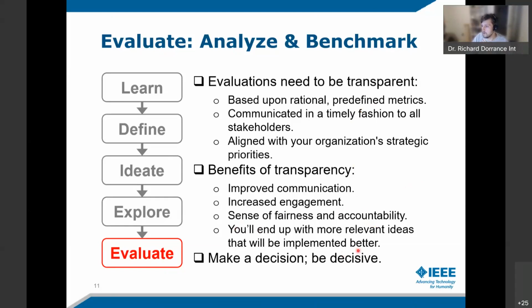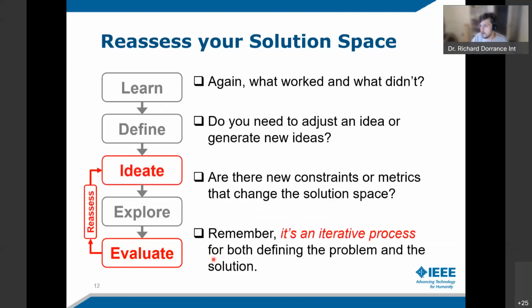And all of these together are going to allow you to end up with much more relevant ideas that will end up being implemented better. And so when you're in this phase, you need to make a decision, and you need to be decisive about it. Once you've completed this assessment and delivered it,